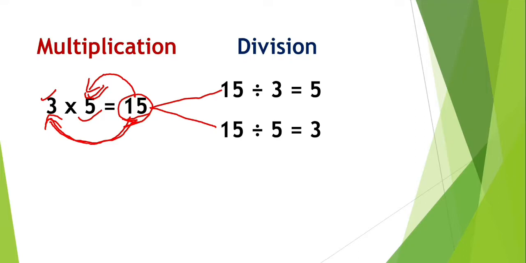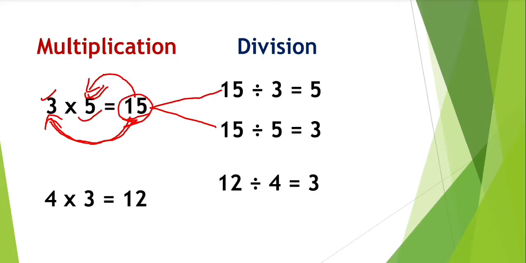Okay, similarly, see the next one. 4 into 3 is equal to 12. How can we write this? We can write like this. 12 divided by 4. When we divide 12 by 4, we get the answer 3. Similarly, when 12 is divided by 3, we get 4. Already in earlier classes, you learned how to do simple divisions. So, in case of negative integers, we also have to follow this rule only. Okay, we will see this here.